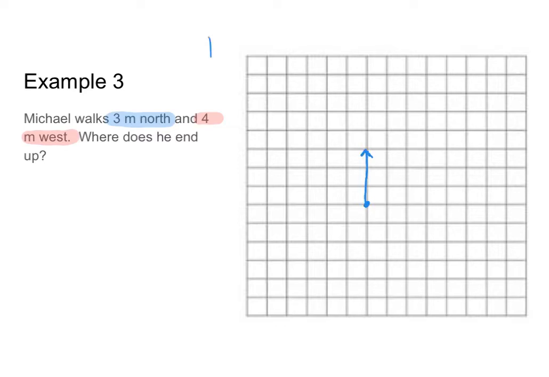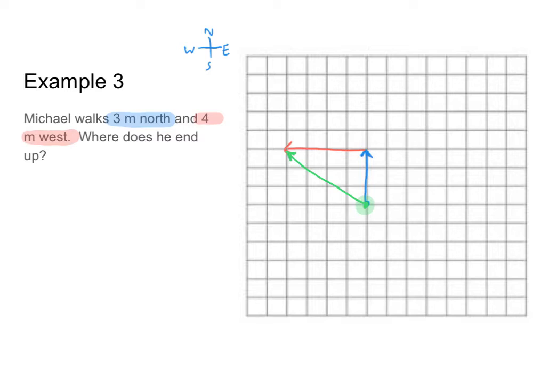And I'm going to go ahead and also in my corner draw my compass. So at north, east, south, and west. So he's going to go 3 meters north and he's going to go 4 meters to the west, like so. And so we can go ahead and draw the resultant vector to show where he ends up. So we're going to start at the beginning of our first vector, draw a line straight to the end of our second vector, and that is going to be the resultant vector of Michael's